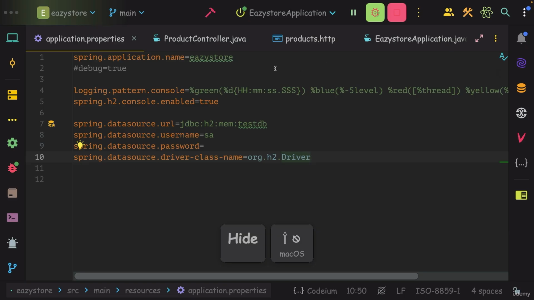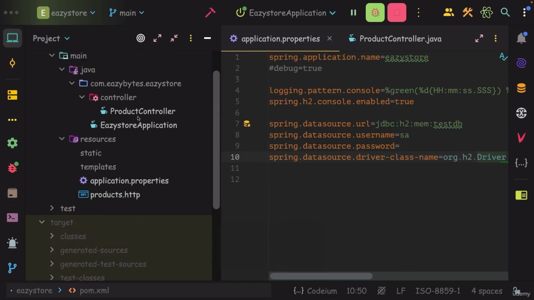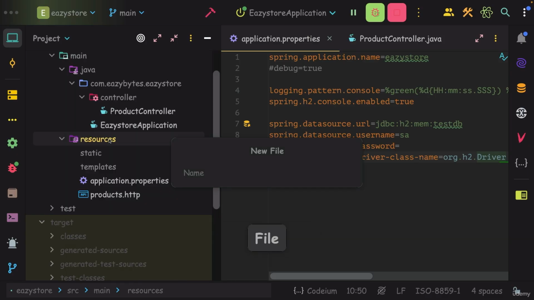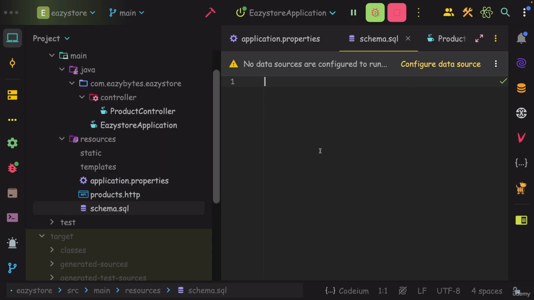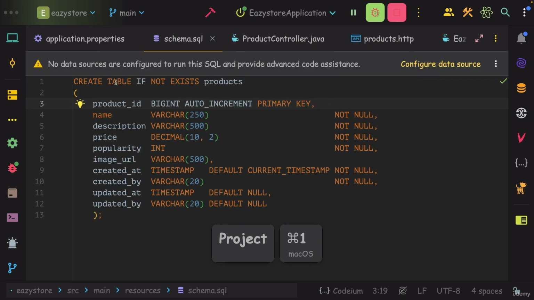Whenever you are using H2 database, you can define your table related scripts under the resources folder with a file name as schema.sql. Let me create a new file with the name schema.sql. Inside this schema.sql, I'm going to mention SQL scripts that are going to help me in creating the table